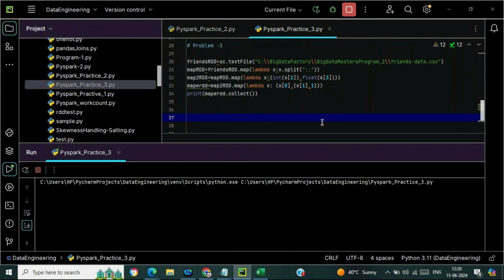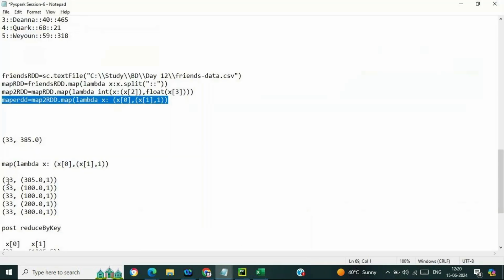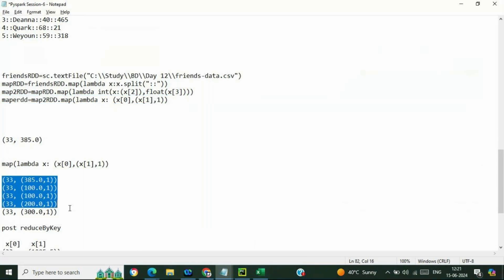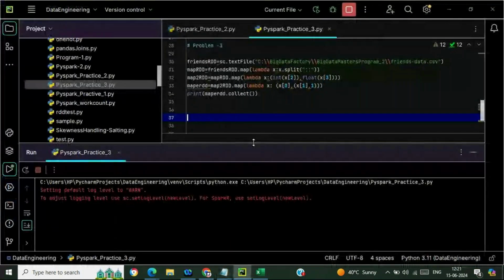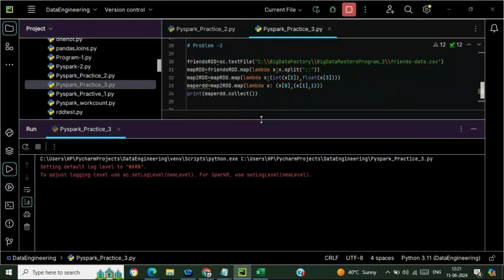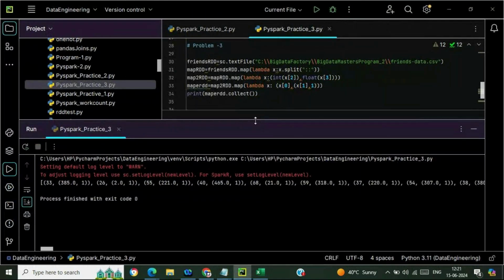We just want to have the outcome in this particular way. Okay, so this is as per our expectation, right?